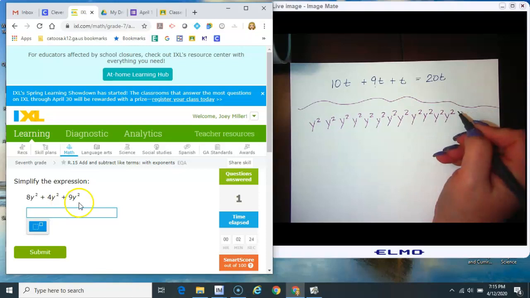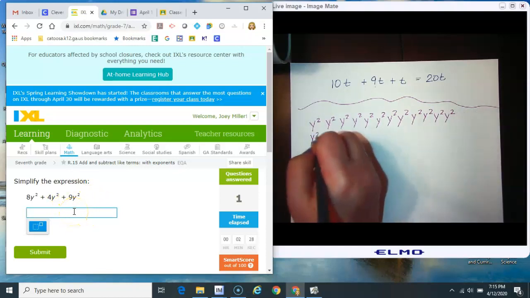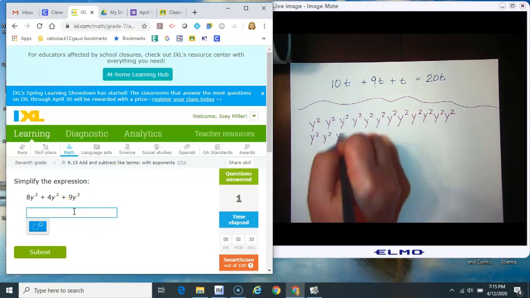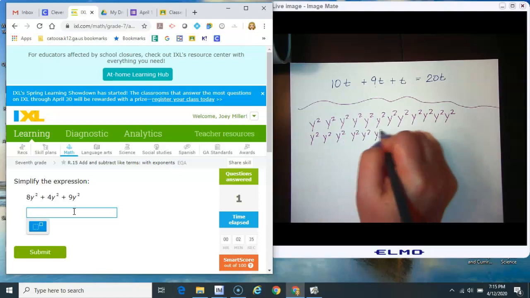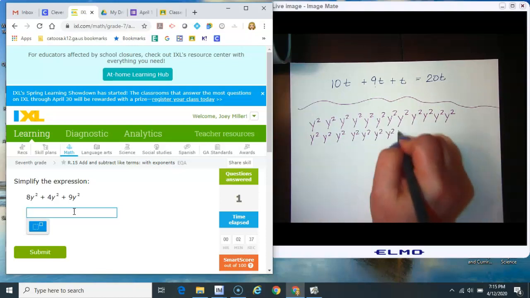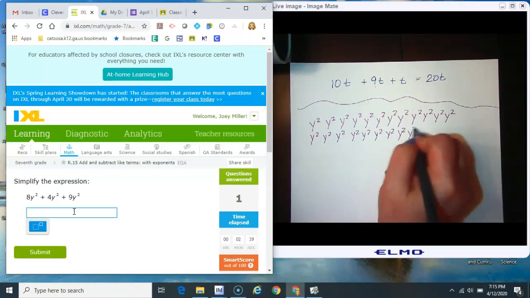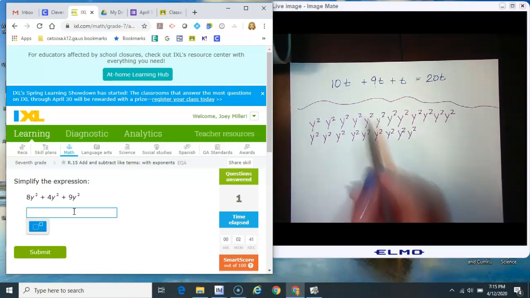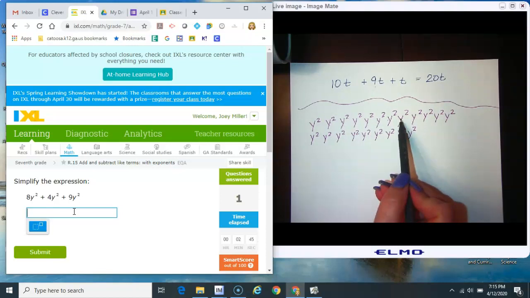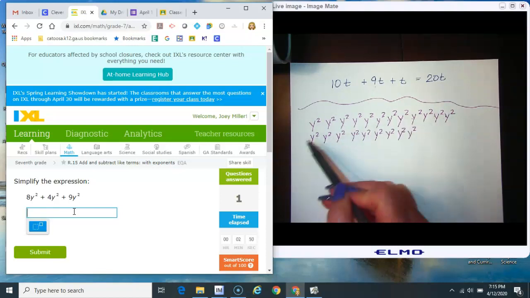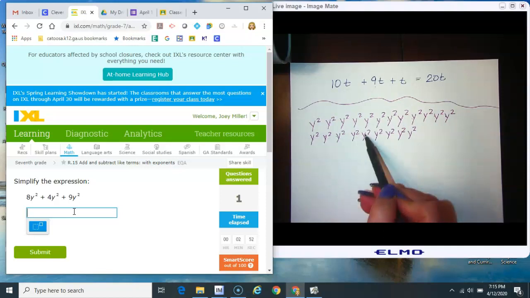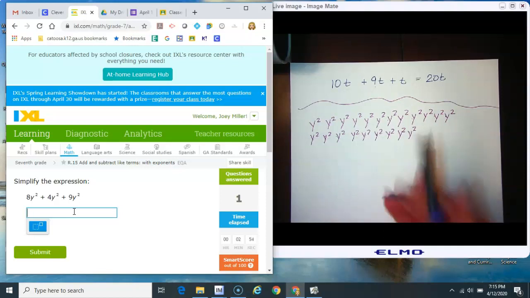And then to that, you're going to add 9 more: 1, 2, 3, 4, 5, 6, 7, 8, 9. So you had 8, added 4 more, 9, 10, 11, 12, then add 9 more, 13, 14, 15, 16, 17, 18, 19, 20, 21